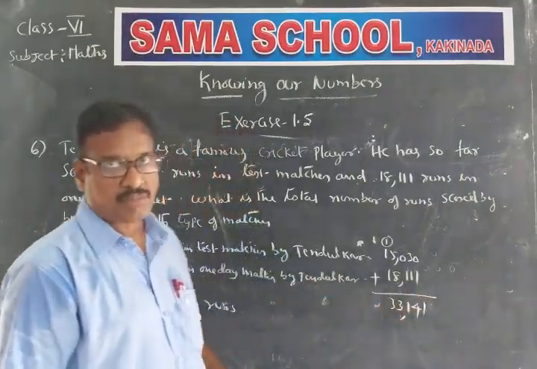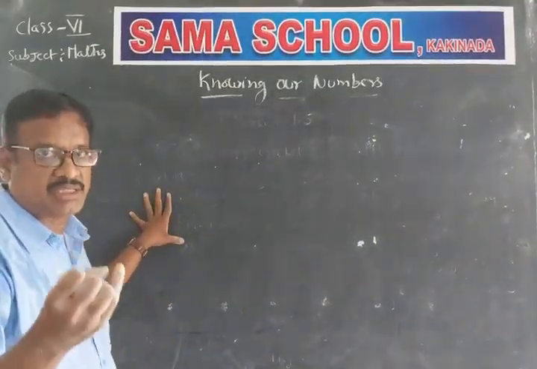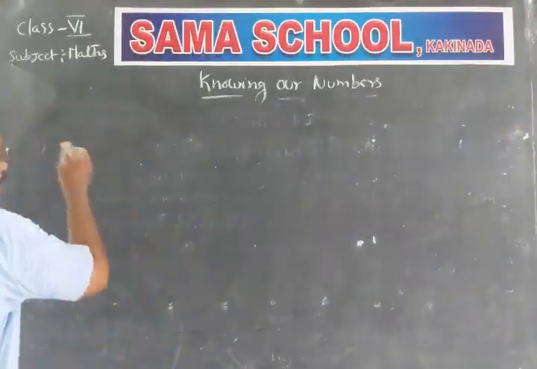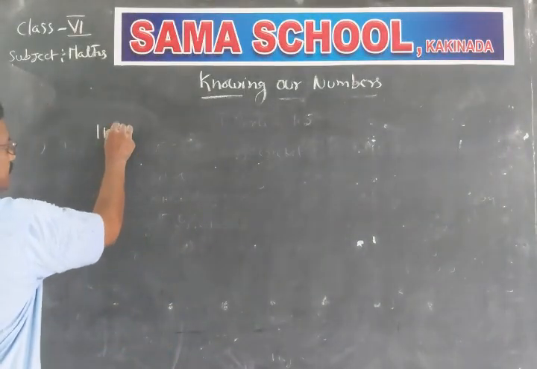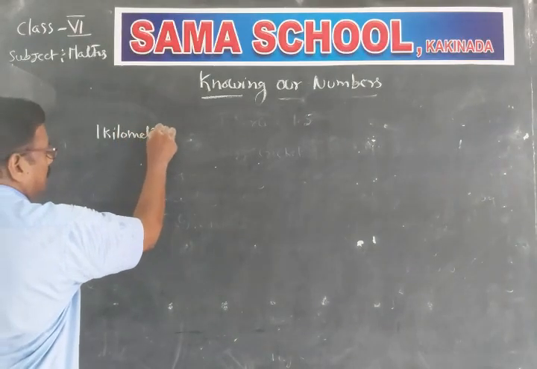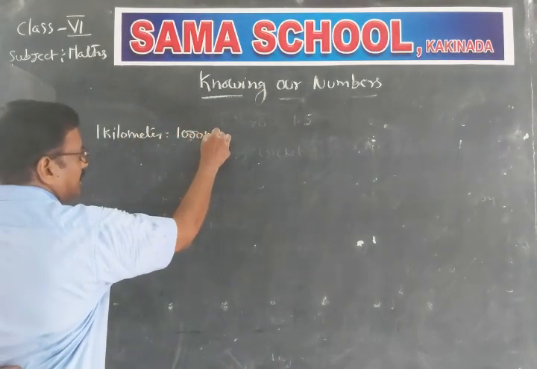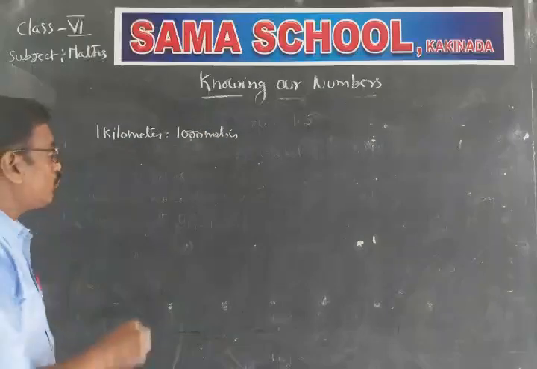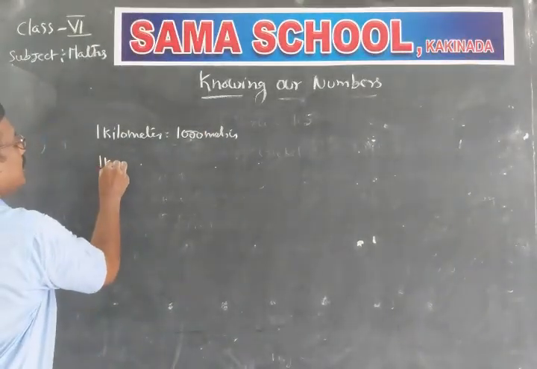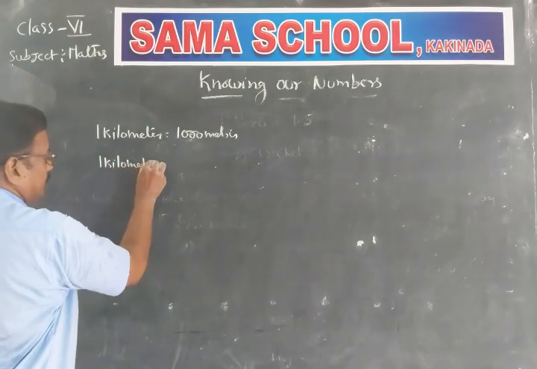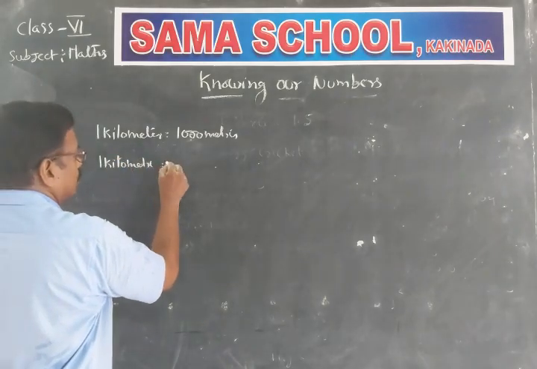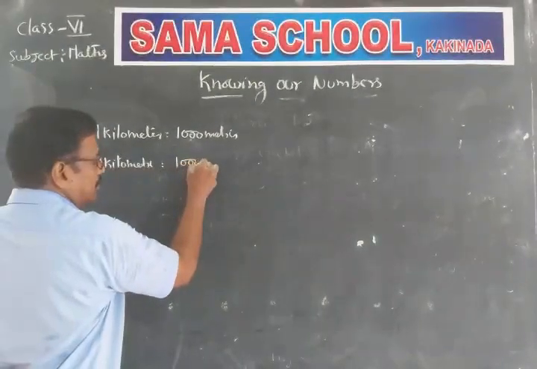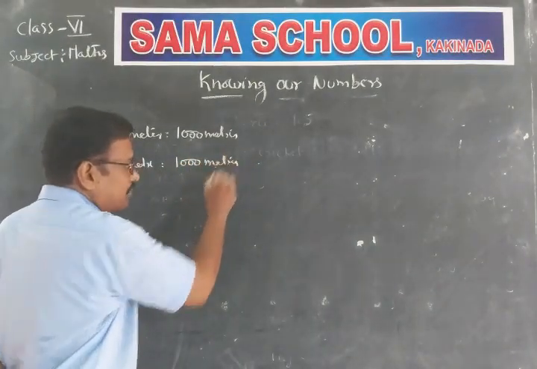Now the measurement of length, value and weight. Again we need that 1 kilometer is equal to 1,000 meters. Already I explained that just before. So 1 kilometer is equal to how many millimeters? First we will find out. 1 kilometer is 1,000 meters. We convert to millimeters.